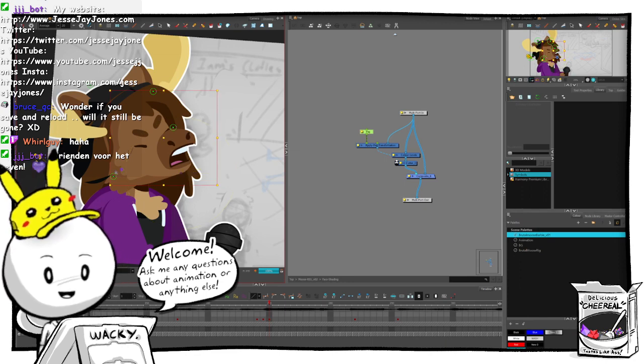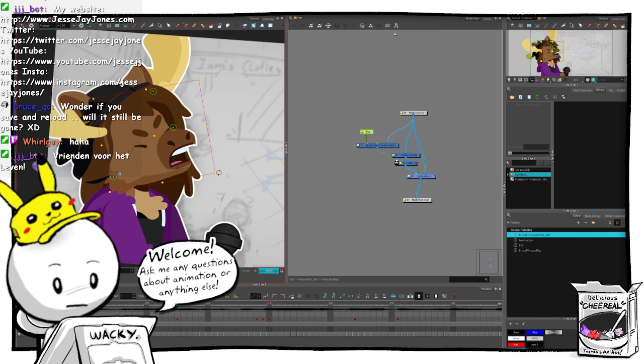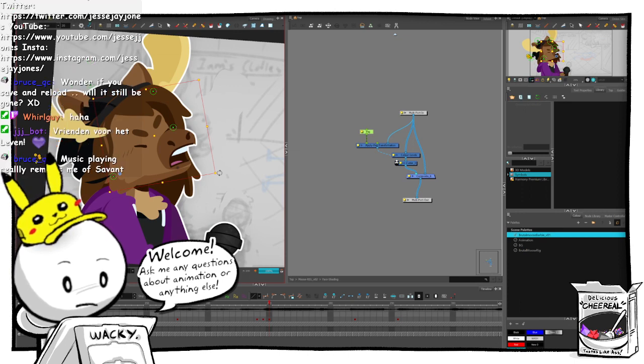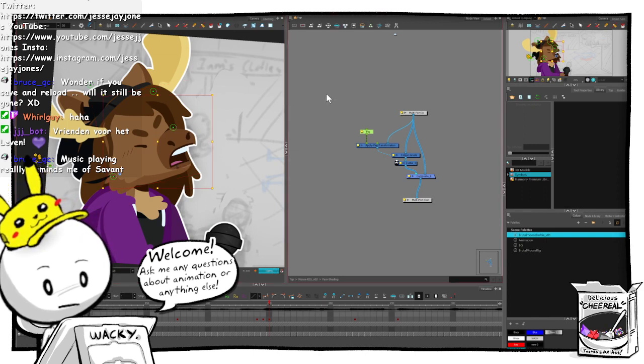Just take his face shading and move it a bit. And rotate it so that underneath is shaded. Like that. I think that looks pretty good.